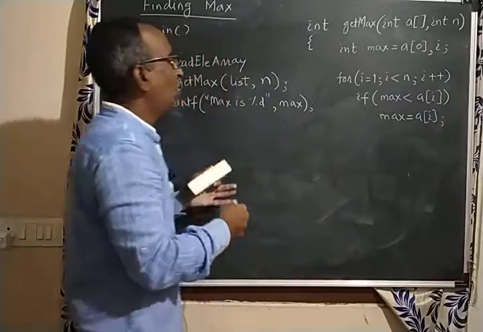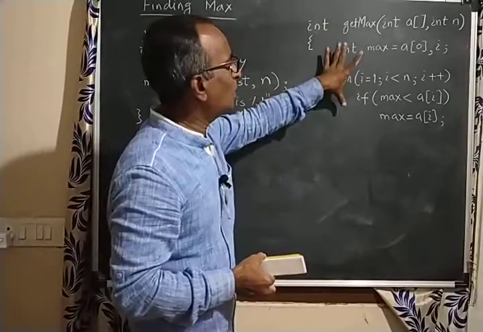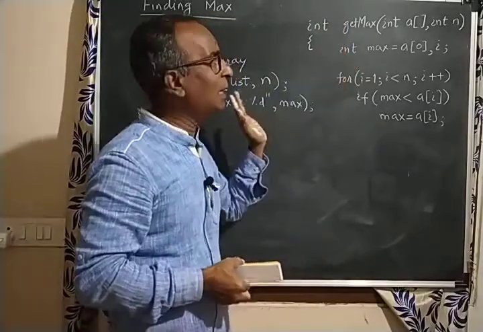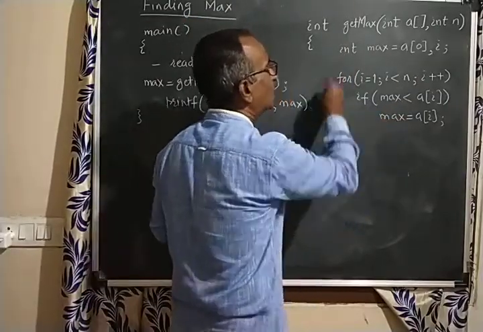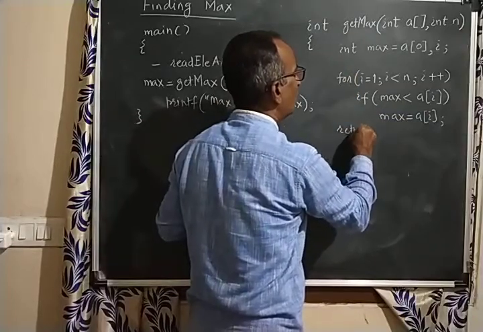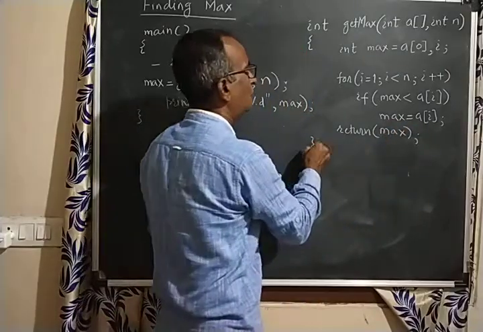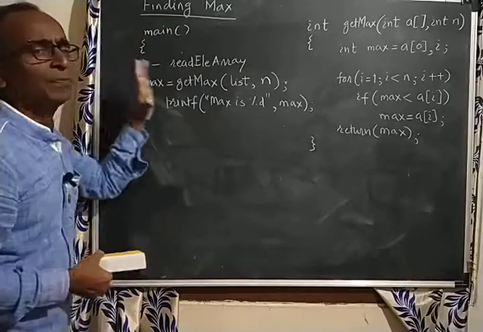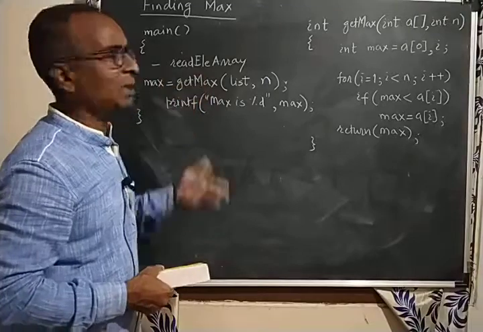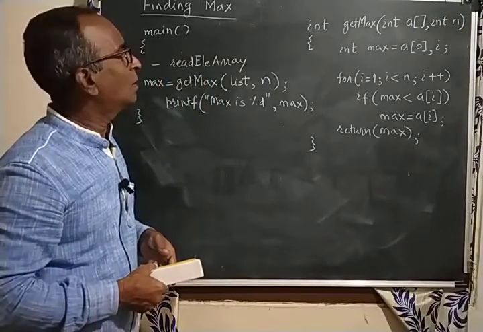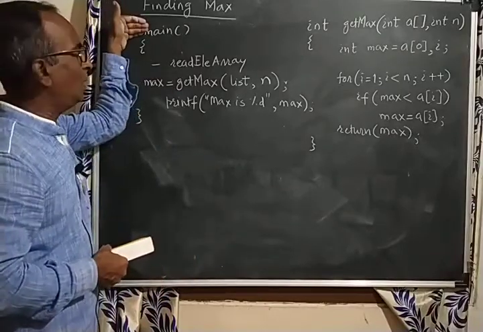That's it. The maximum will be in max by this. Now here I'm not saying getMax should get only the max; the logic required for maximum will be there here. In this case the maximum will be in max, and you have to return that. Return max. That's it. Your function, the program is ready. This is main and this is the function, right? So how will execution be done? Always execution starts from main.